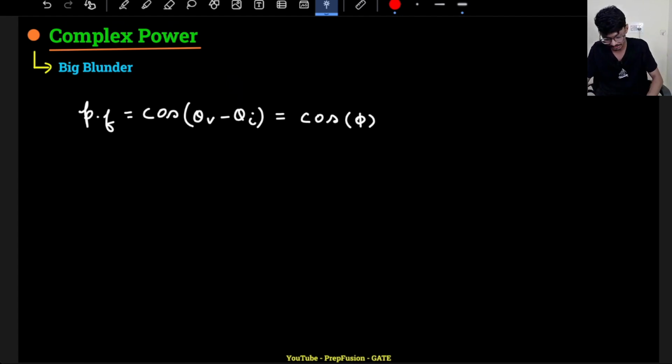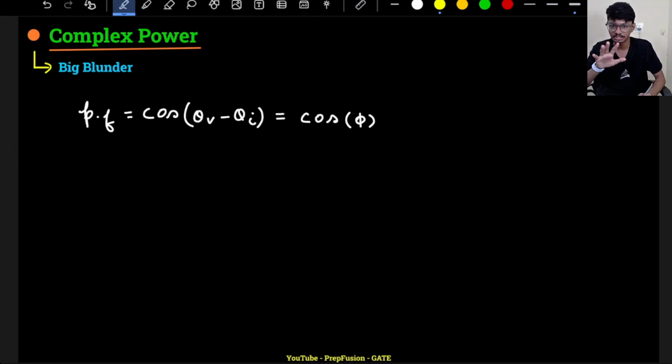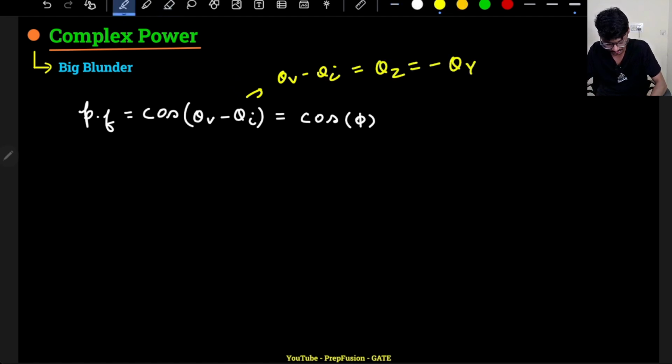What important fact you have to remember is that wherever I have made the changes in the notes, I have not updated them while sending them. So in your own notes, if you are making your own notes, just do one thing: write that your power factor angle is equal to theta v minus theta I, which is equal to the impedance angle theta z, which is equal to minus the admittance angle. That's it. But this definition is